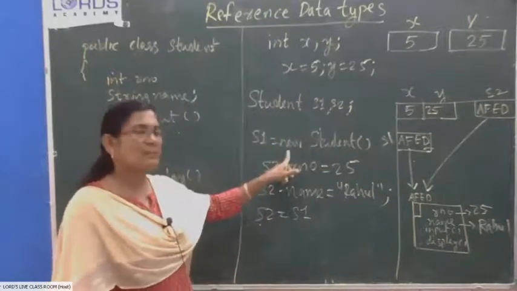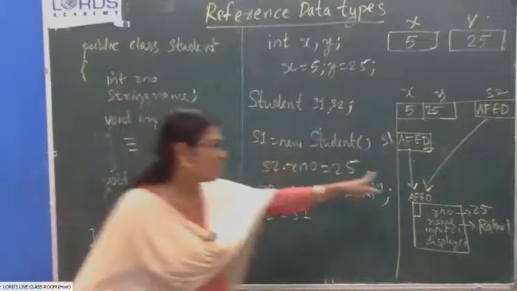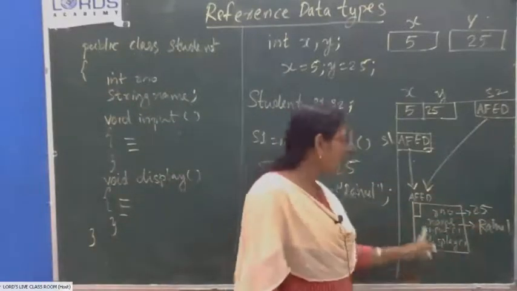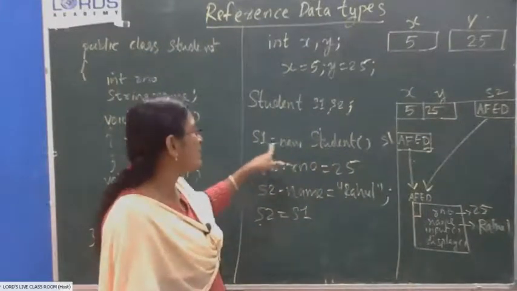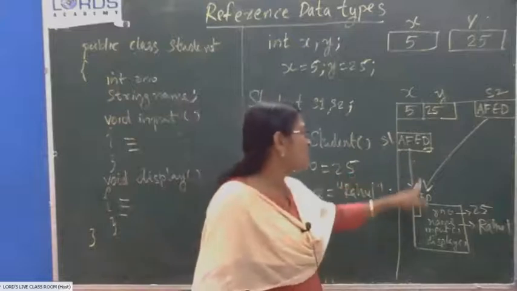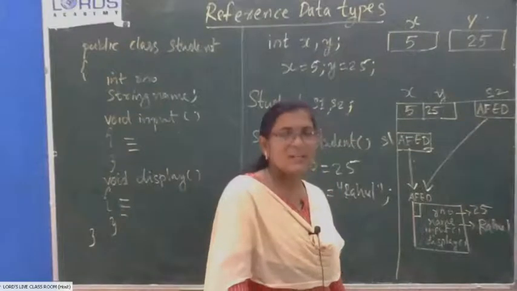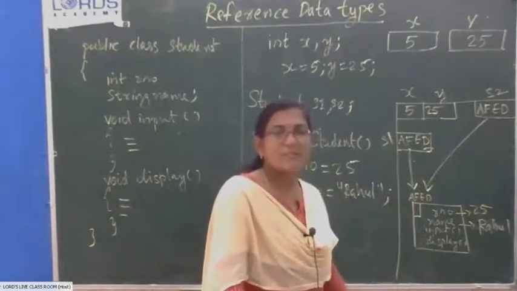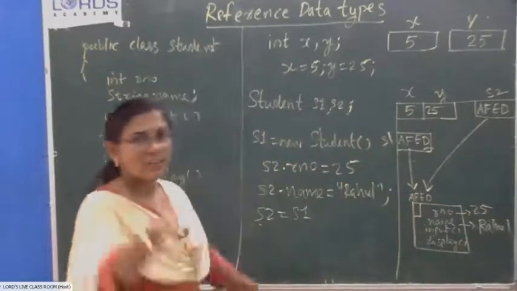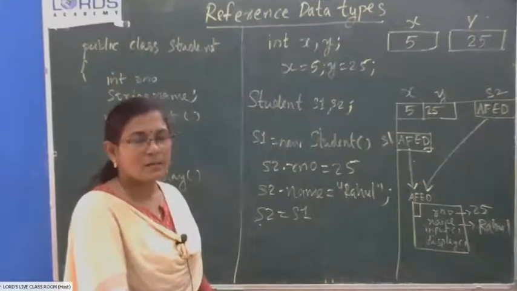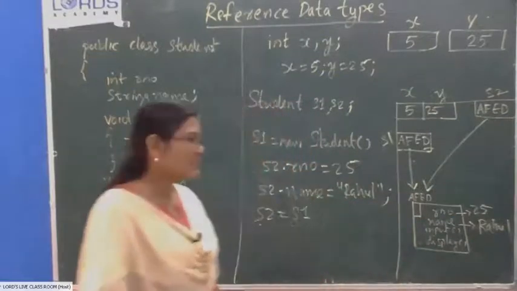So an object is created with the keyword new Student. The new keyword creates the real object in the memory, and its starting cell's address is returned by the new keyword and stored in S1. So S1 is not an ordinary variable. It's not a primitive data type. It's a reference data type. It is giving the reference or address of a memory location. It is referring to a particular memory area or memory cell.